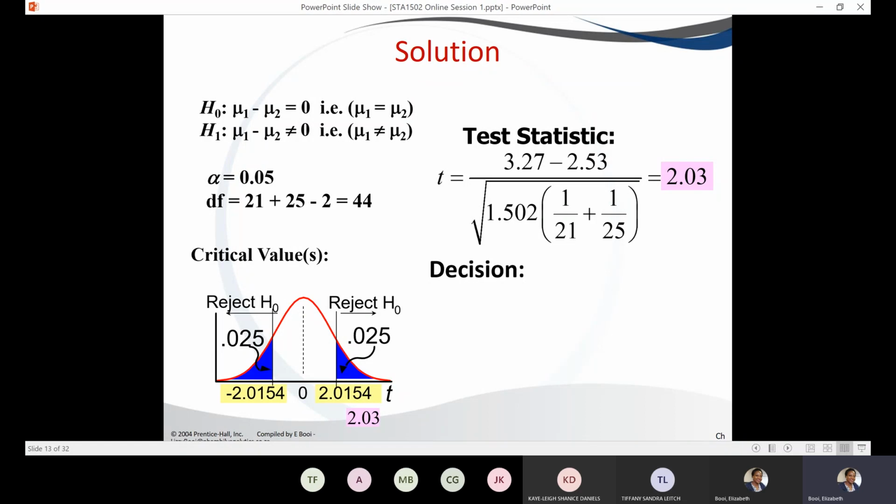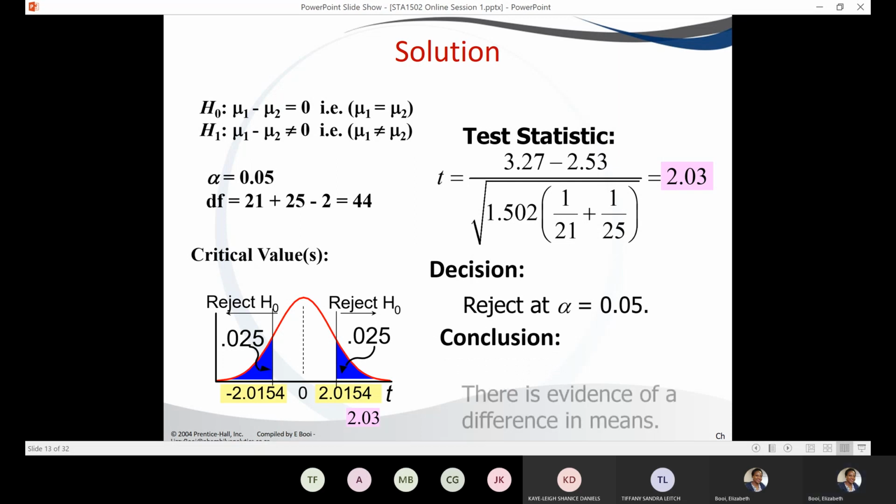And this is 2.03, therefore it falls somewhere here in the blue area, therefore we can reject the null hypothesis because of this. Then in conclusion, after we make that decision, we can conclude and say we are going to reject the null hypothesis at alpha 0.05